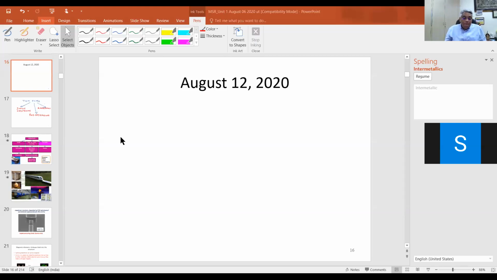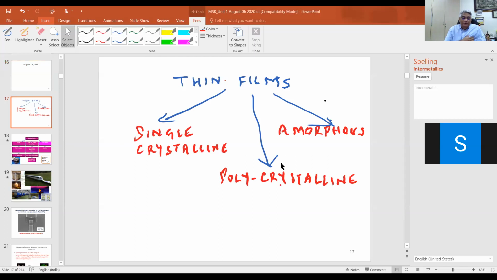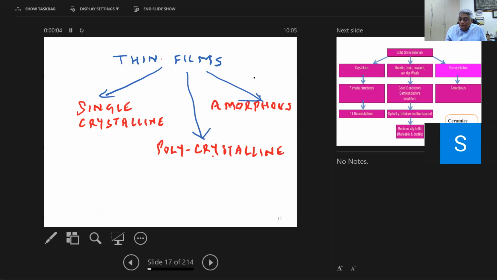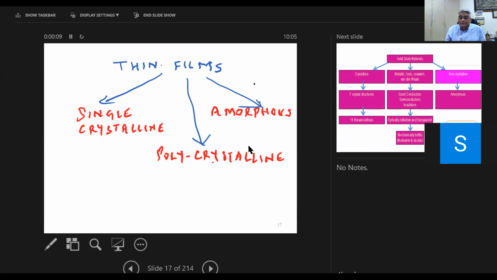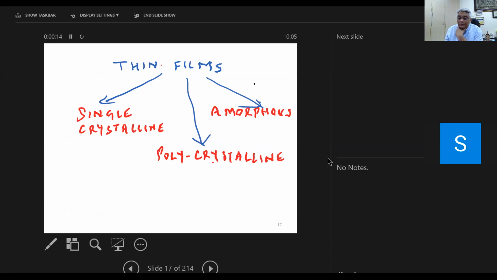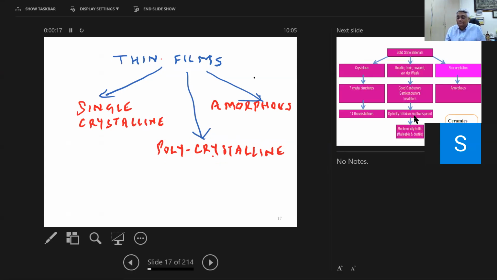So, well, the summary of what I've been teaching during the last 4 classes is shown here. So thin films can be in